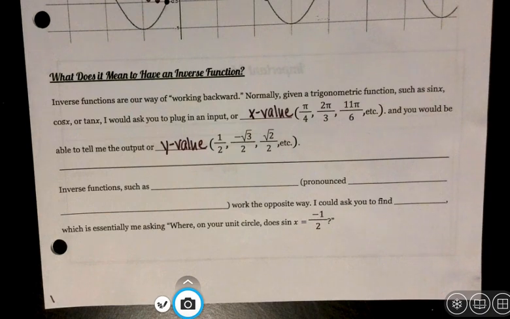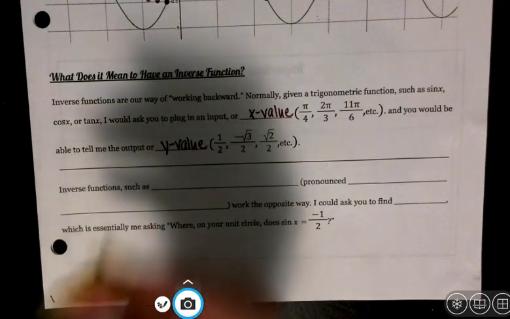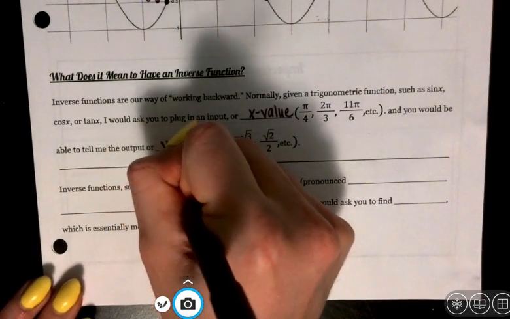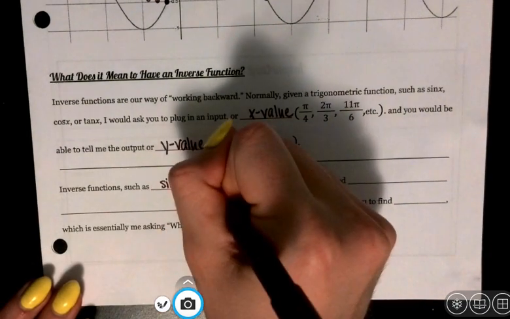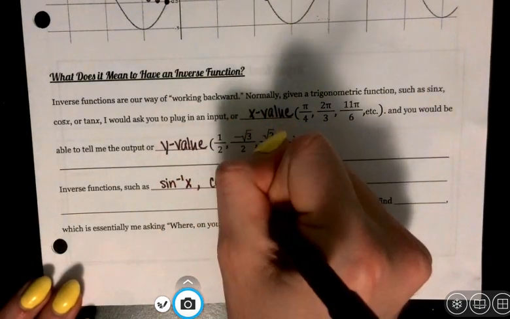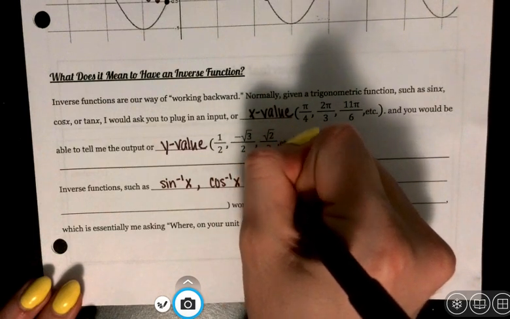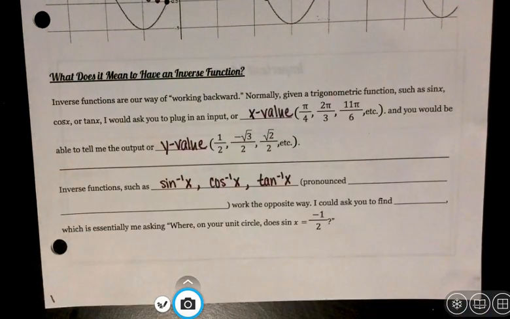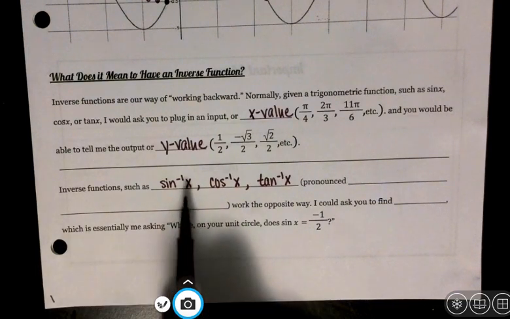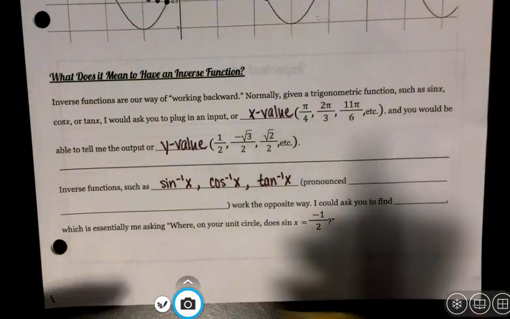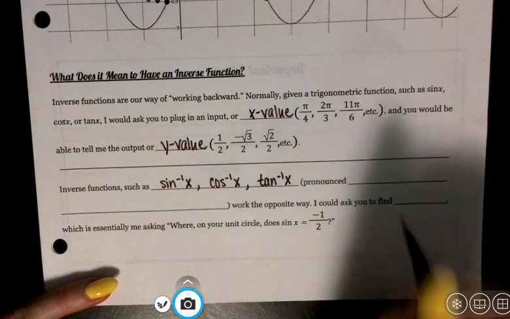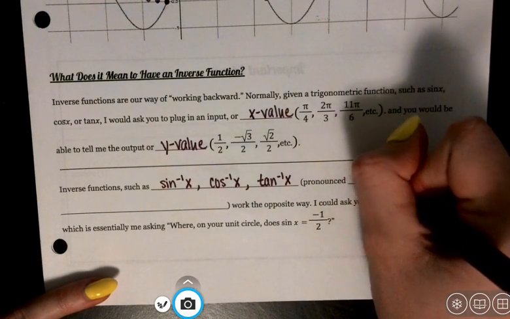So inverse functions, we have 3 of them to go with the 3 trigonometric functions. We have the inverse of sine, which looks like that. We also have the inverse of cosine and the inverse of tangent. We can tell they are the inverse functions because of that negative 1 exponent. But the weird part about this is how they're pronounced. This right here for the inverse of sine is pronounced arcsine,